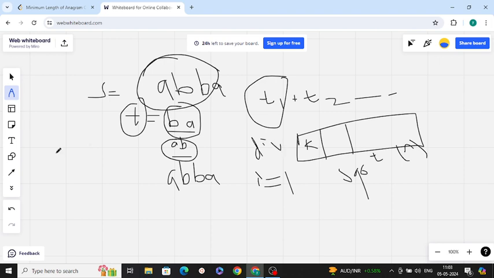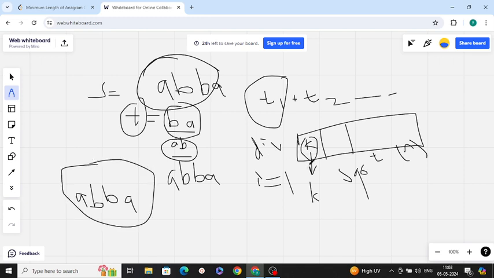Now what do we need to do? This divisor is obviously of some length, let's call its length k. Let's assume that we have the string ABBA. We will move in this string s up to the length of that particular divisor. At the start we'll sort the divisors because we want the minimum length of t, so this will be the smallest one. Let's say the k value is 2 for this string. The first divisor is 2.